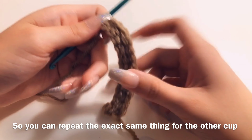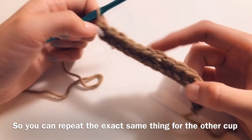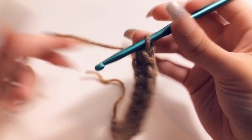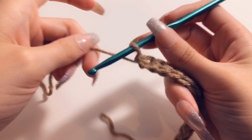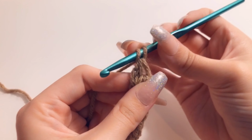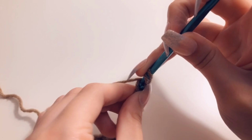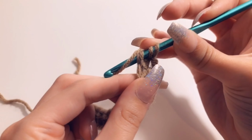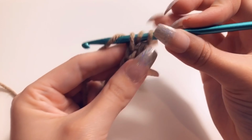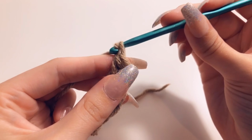Now that you have the length that you need to match your measurement, I recommend writing down the amount of stitches that you have. So now that we're done with the foundation half double crochet, we're going to do regular half double crochet for the rest of the project. So yarn over, go into the exact same stitch right here, pull through, and just immediately go into all 3 of the loops, and then yarn over, chain 1,